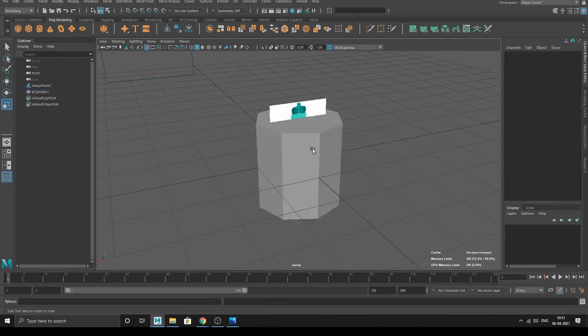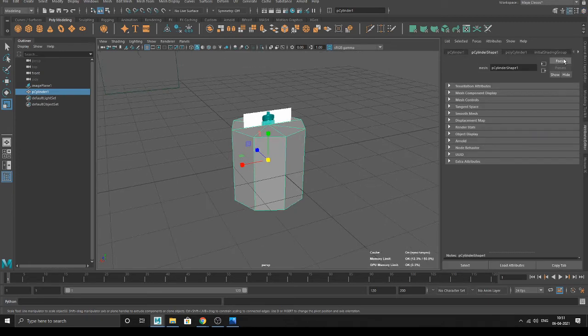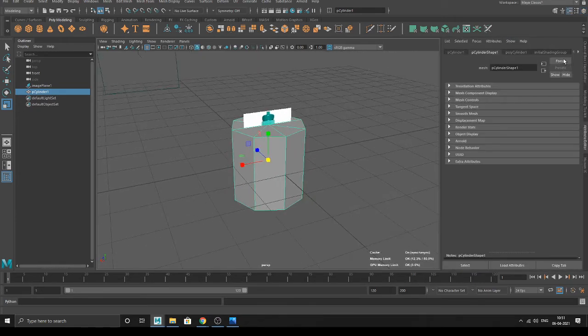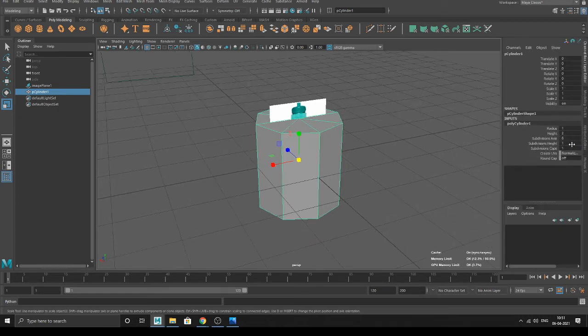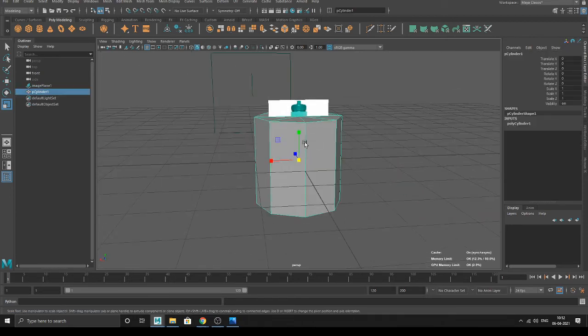So the main thing we wanted to do is, yeah, Control A, attribute editor. This is our attribute editor. Again, if you press Control A, this is the channel box. So with the help of Control A, you can switch between both of these dialog boxes. Now, our main work was to lower the subdivision axis, so that we can start a model with low poly.